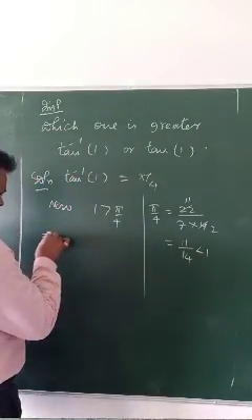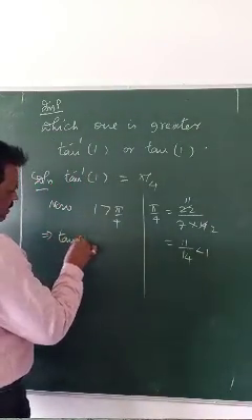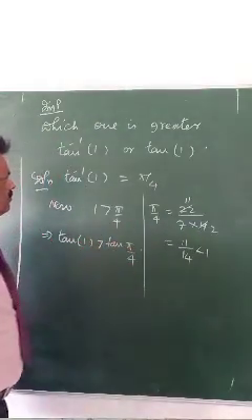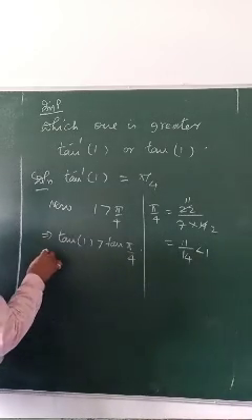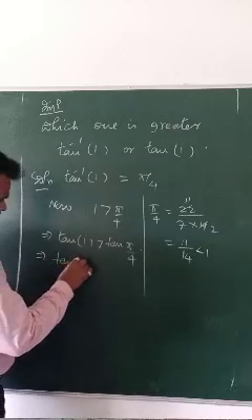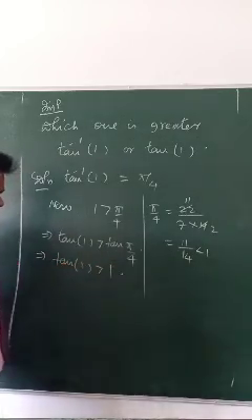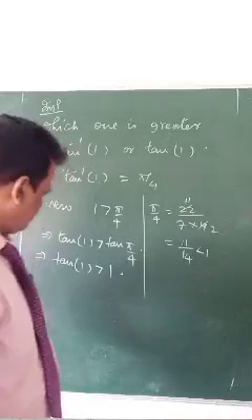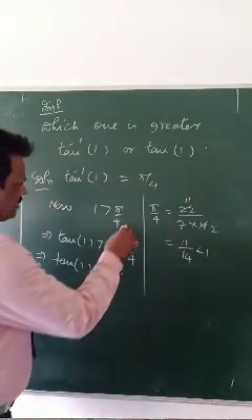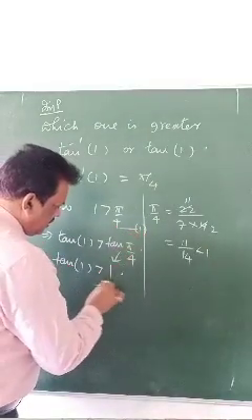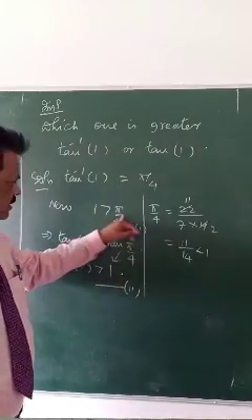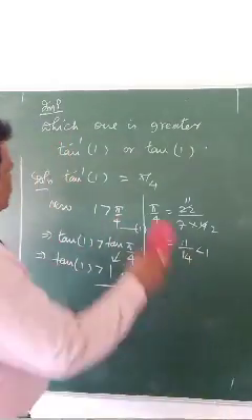So you can write tan 1 is greater than tan pi by 4. Okay, then you can write tan 1 is greater than 1, because tan pi by 4 is 1. So look at here. This is your equation number 1. This is your equation number 2. Tan 1 greater than 1. 1 greater than pi by 4. So combining 1 and 2, what do you get?